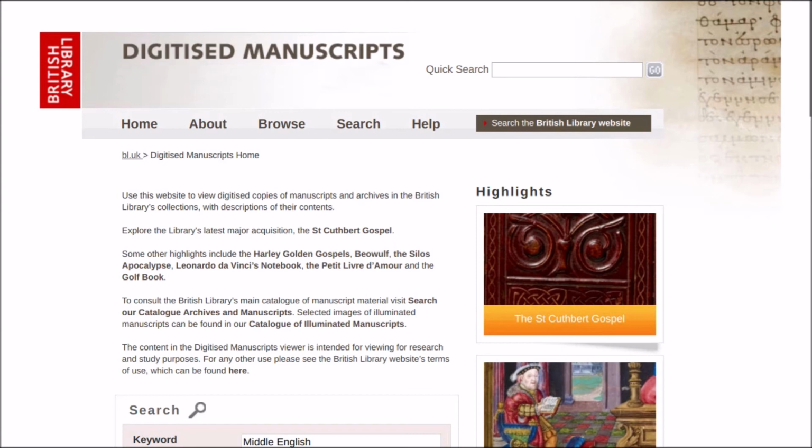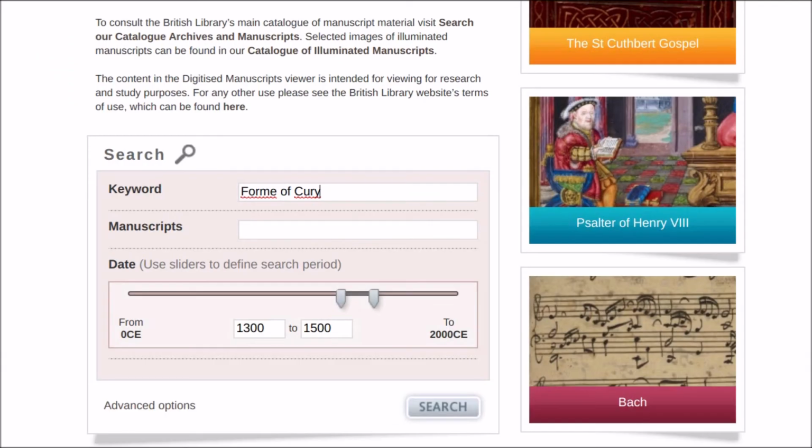So let's have a look at how to use these. Right now you're looking at the British Library's digitized manuscripts homepage. Scrolling down gives us access to the advanced search feature, which helps us limit the range of search results we get. In the keywords section, you can type in the name of a given Middle English author, such as Chaucer or Piers Plowman,